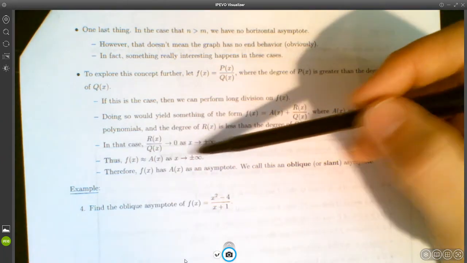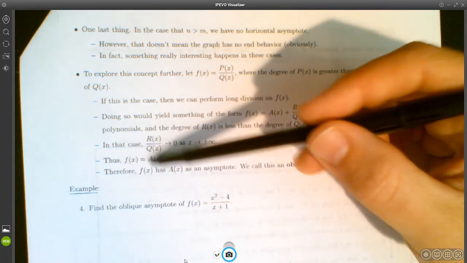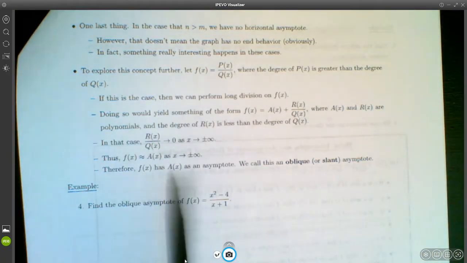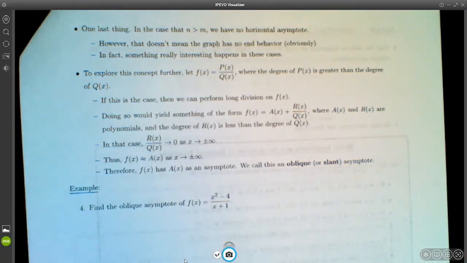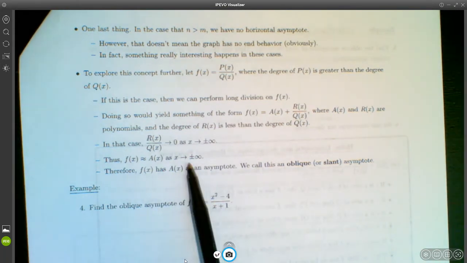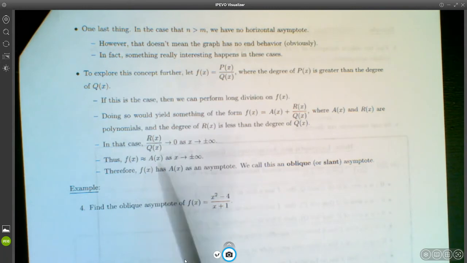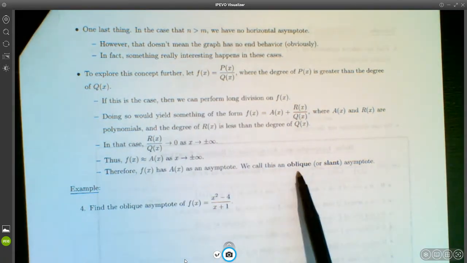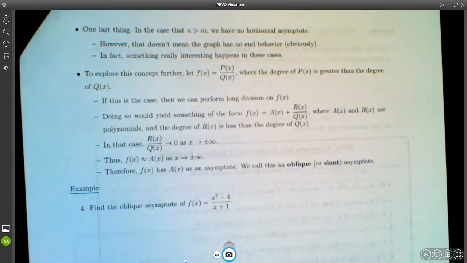So as x gets really large, f of x is going to be approximately the same thing as a of x. And so that's why I called it a for asymptote. Okay? So therefore, f of x is going to have a of x as an asymptote. As x gets really large, f of x is going to get closer and closer to just a of x. We call this kind of asymptote an oblique asymptote or a slant asymptote. Okay? So an oblique asymptote could be a straight line, or it could be a parabola or a cubic or